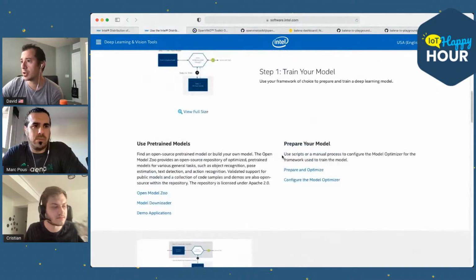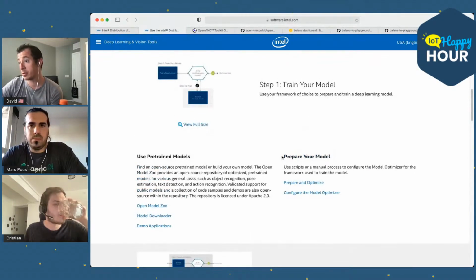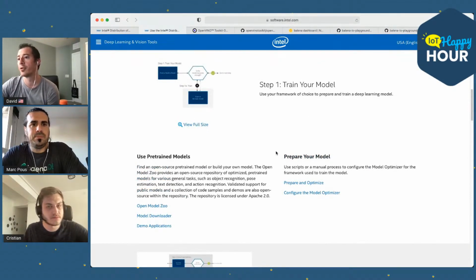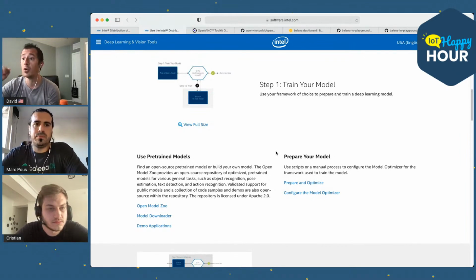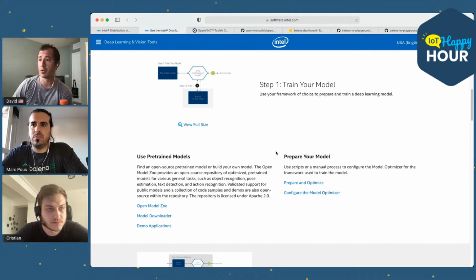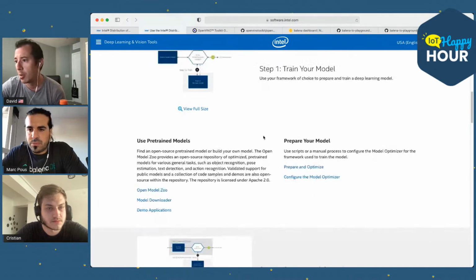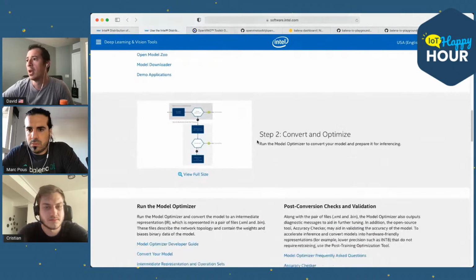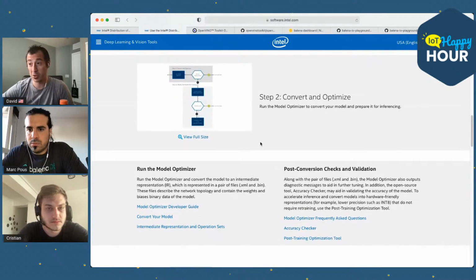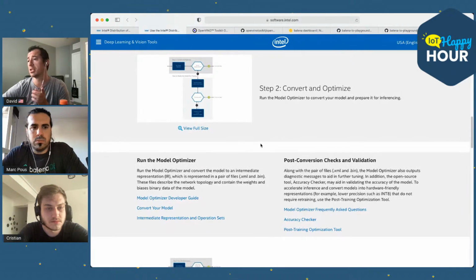Neat. So of course, next step is doing your training. They offer, and we're going to get into this in a few minutes, a whole load of pre-trained models, or you can, of course, build your own from scratch. And there's documentation on that as well. I don't know if we'll dive into that per se today, but next is convert and optimize.